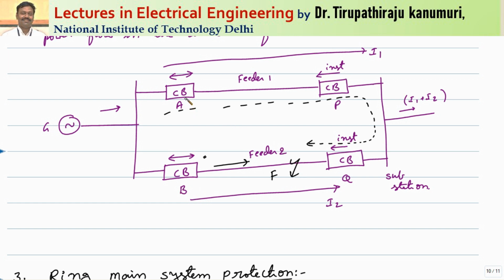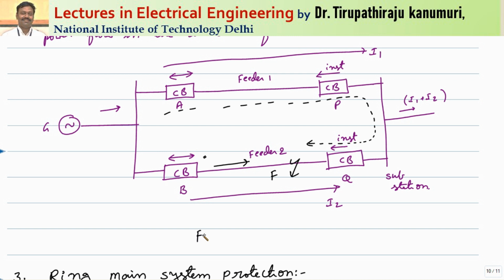Now coming to this one. If the circuit breaker at A operates, this entire feeder 1 will disconnect. I don't want it to operate because it should continue. Under normal direction, the current direction is like this. That means through the circuit breaker at location Q, the current direction is from left to right. Because of the fault, the current direction becomes reverse. Whenever the current direction is reversed, the power direction is reversed. So here we install the instantaneous type of reverse direction power relay. Whenever the power direction is reversed, instantaneously the circuit breaker Q will operate.